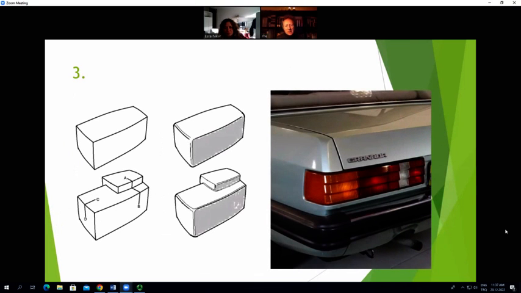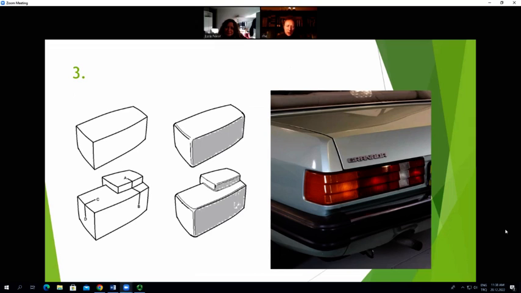Industrial designed objects are made of a variety of forms which are compounded together. And this interest in smoothness and in refinement is what leads us to try and turn those forms into unified wholes. And on the right-hand side of the screen, you can see this chamfered corner on the back of the Ford Granada. This is an example of how a designer will use the possibilities available to him or her to create shapes that not only have these functional requirements met, but also satisfy our aesthetic